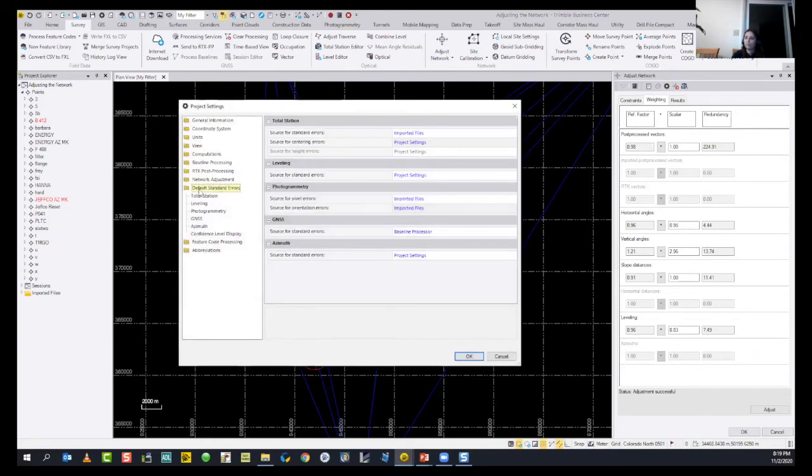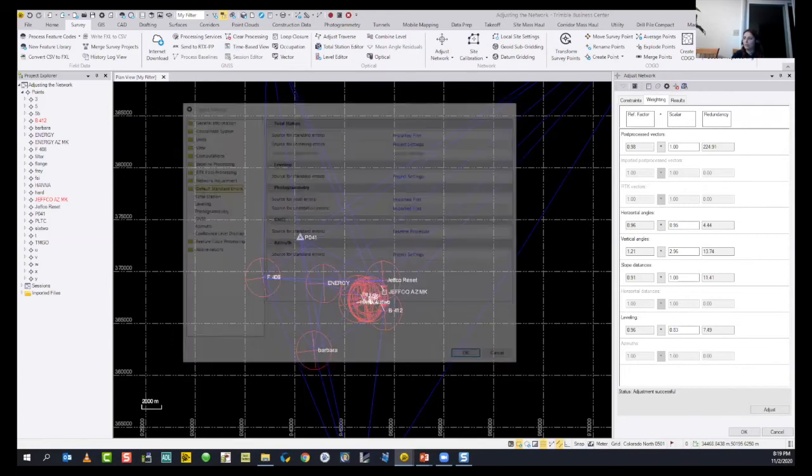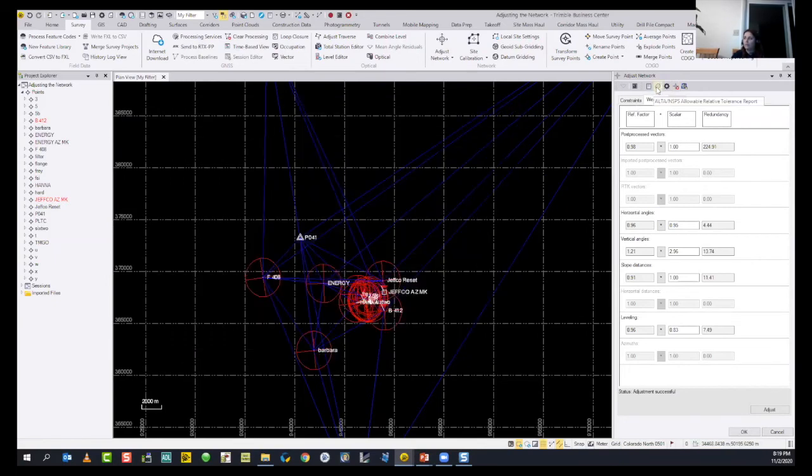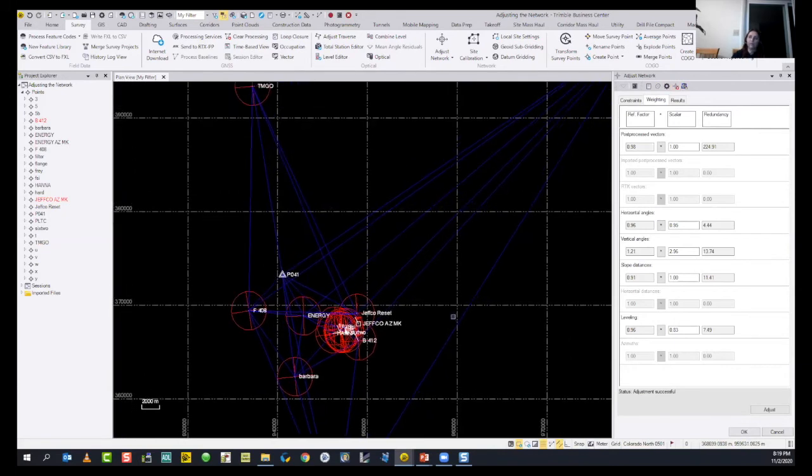It's going to bring you the default standard errors. And there are different report options for ALTA and SPS, relative tolerance reports. Since we haven't applied any RTX solutions or processing services, or brought any solutions over internet download, I'm not going to touch on that side.